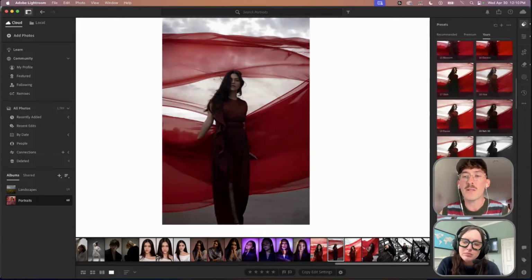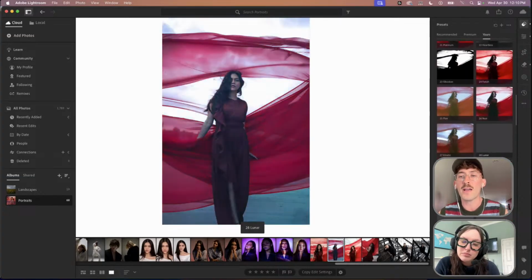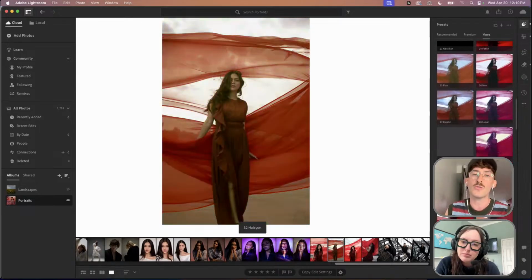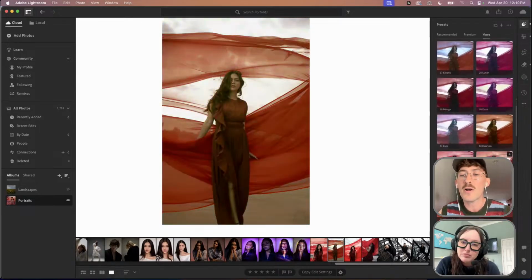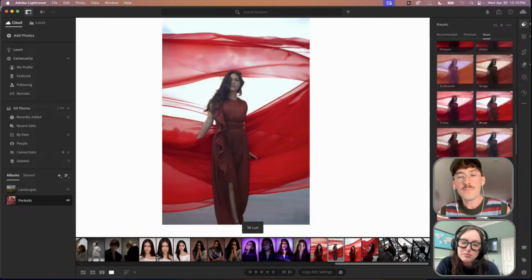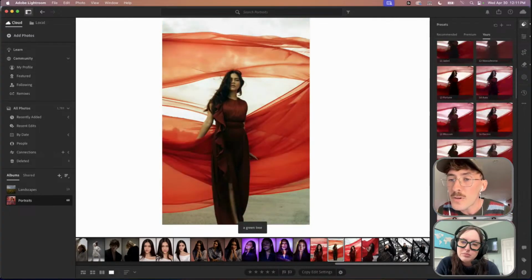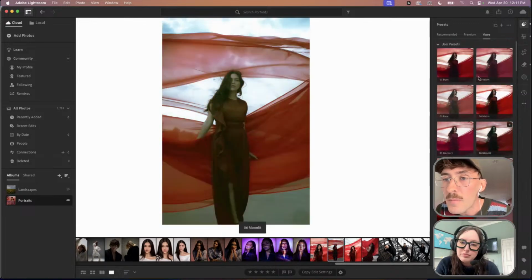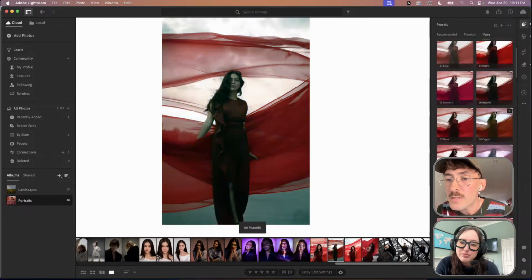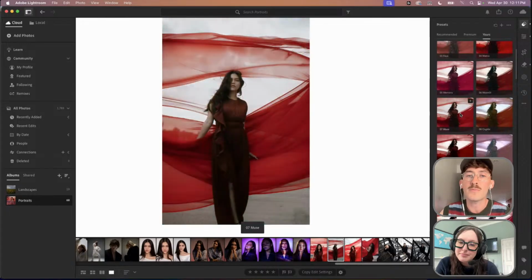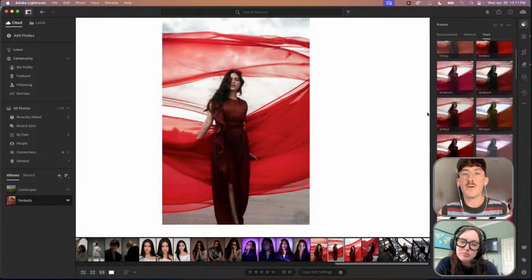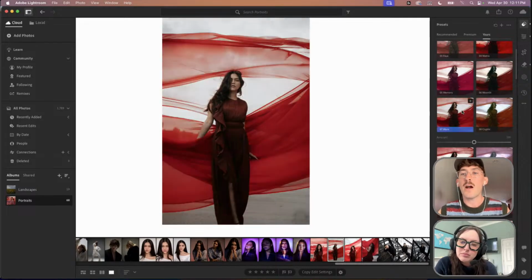And this image has a lot of red, so it's definitely a little bit tough to edit reds for the most part. I know a lot of these presets probably won't look the best, but I know that there's one, I might have passed it. Where is it? Oh yeah, I feel like this preset Muse always looks really nice with that pop of red. So I'm gonna go with that and then decrease the power